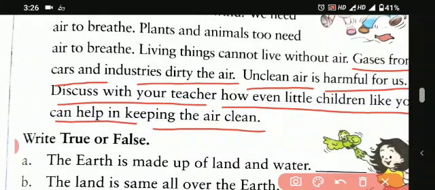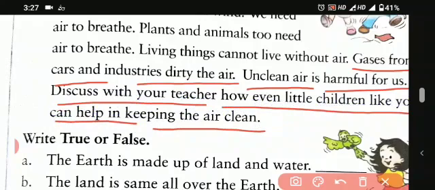So students, we can say that industries and cars produce pollution which dirties the air, because we inhale it into our body, so it is harmful for us to breathe that unclean air.